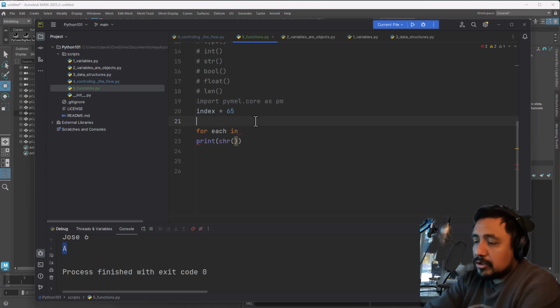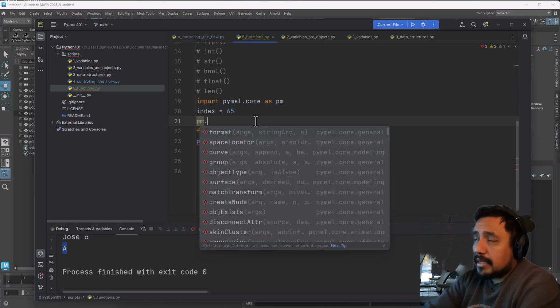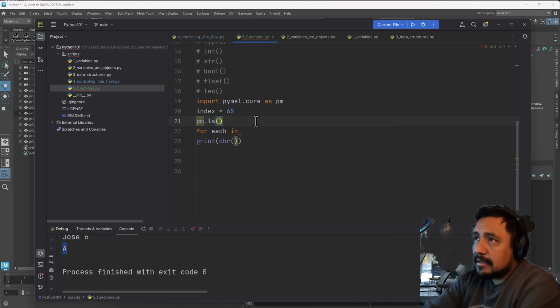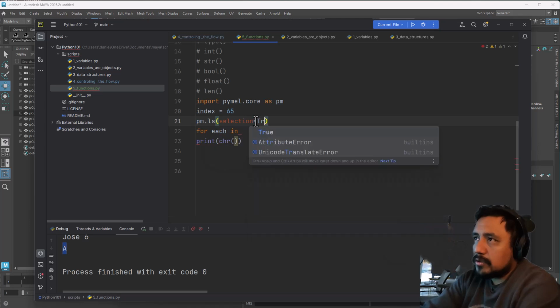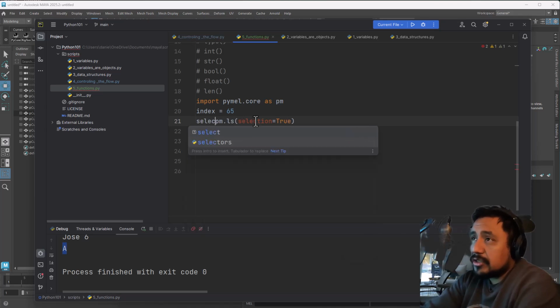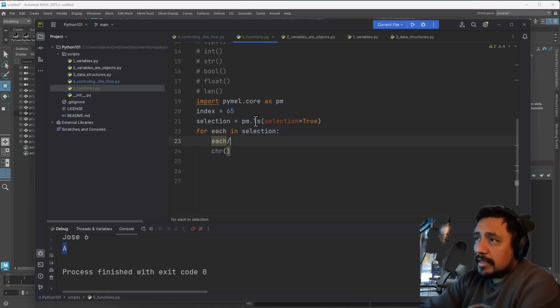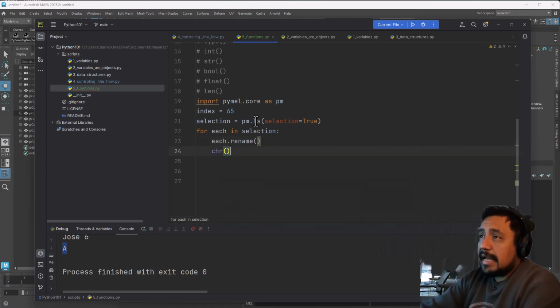And then we are going to do index for each in selection, so let's retrieve the selection from Maya, pymel.ls, selection equals true, and let's rename our objects. Assign this to a variable, selection equals this. For each in selection, let's do a renaming. It's very easy to rename an object. You just select each dot, there is a function inside the object called rename, and you just want to rename it to chr